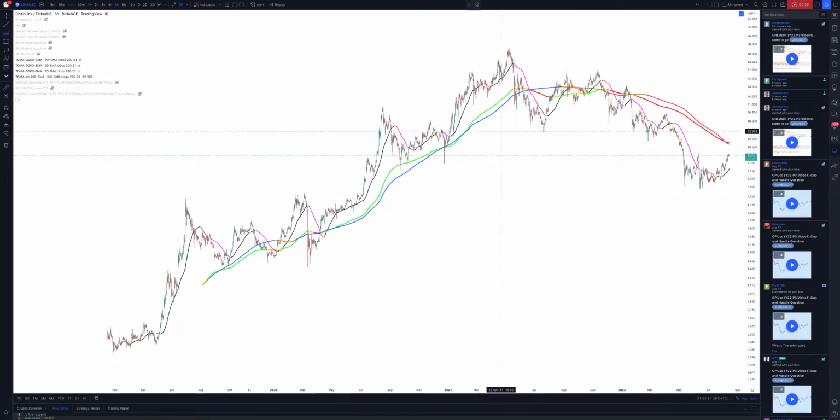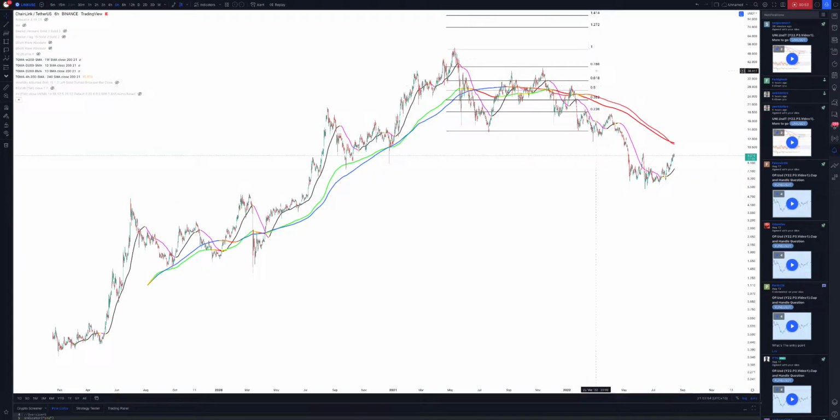It pretty much failed. It went above the 0.618, but not much. That was really disappointing for Link compared to the other alts, and then it just dropped.